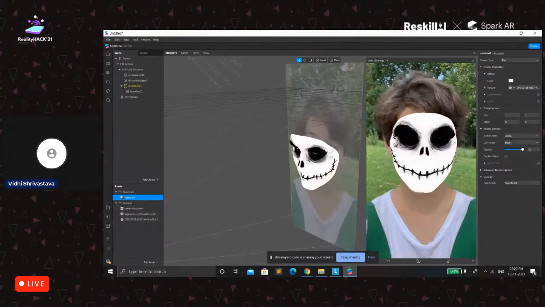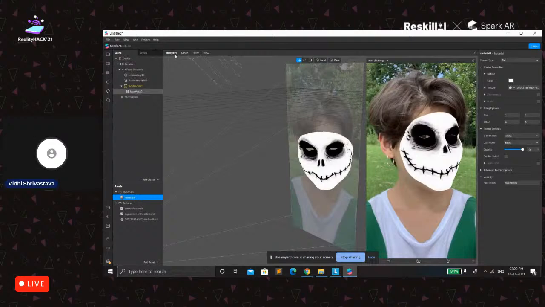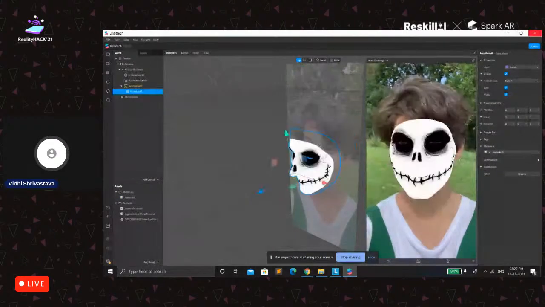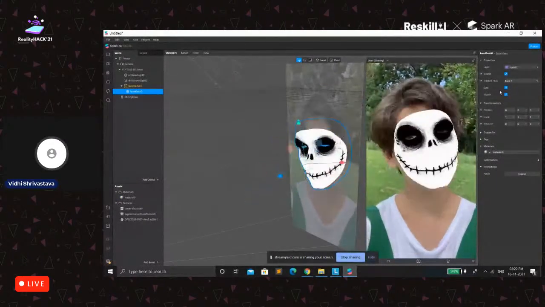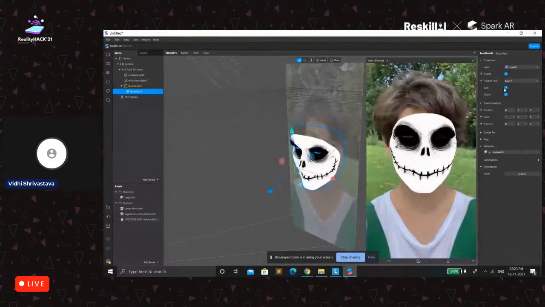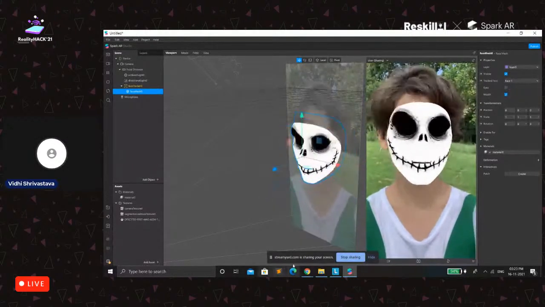Okay, so what we will do is adjust the tracker of the face. For example, I want the eyes to be closed, so I'll just click on eyes and close them.